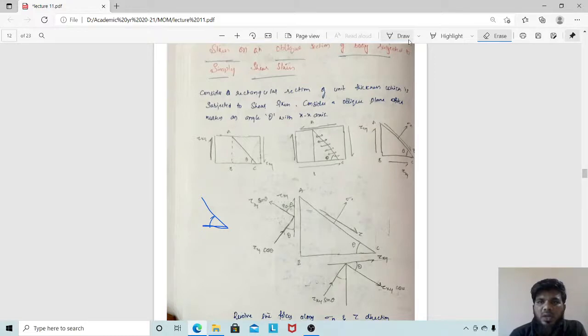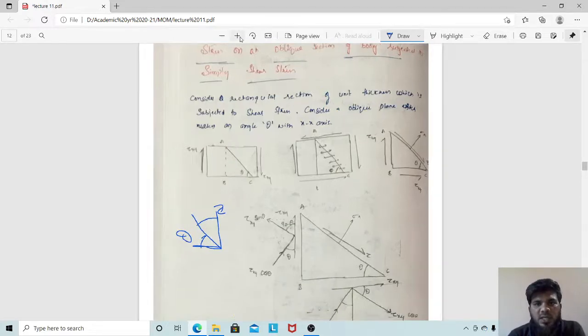So what I am trying to do is, I am trying to resolve the tau xy. This is my tau xy along the planes. This is my tau. So this is my 90 minus theta. So 90 minus theta I have written here. Done. So this is theta, I will draw here, don't get confused. This is theta obviously, from similar triangle we have been doing this. Don't get confused please. So with this, this is 90 minus theta.